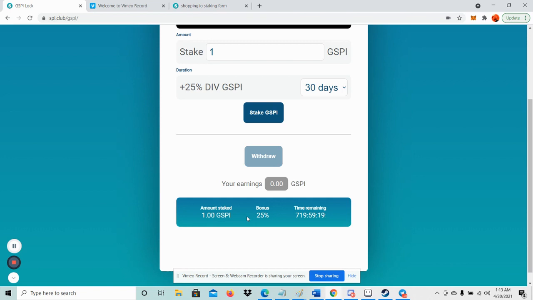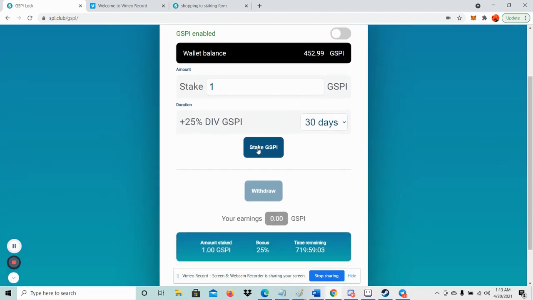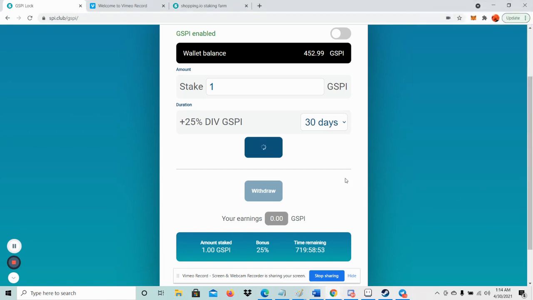Now, I must warn you guys, if you decide to stake more GSPI than your original amount, what I'm going to do right now is stake another GSPI because, hey, maybe I messed it up, or maybe I'm impatient and want to stake more. If you do this, guys, I want you to take a quick notice at the timer down there. I'm going to stake 1 GSPI again for 30 days. The timer will...